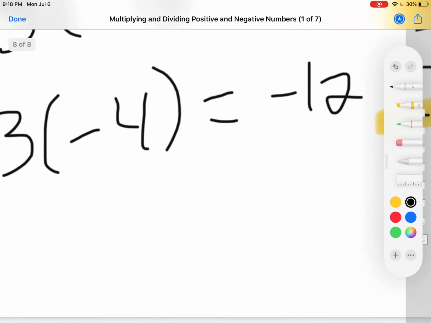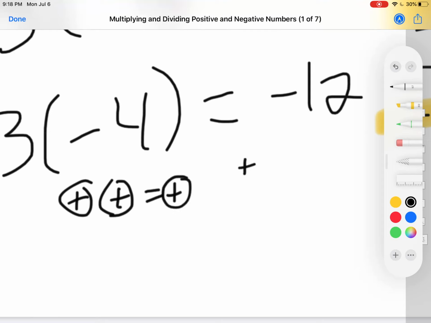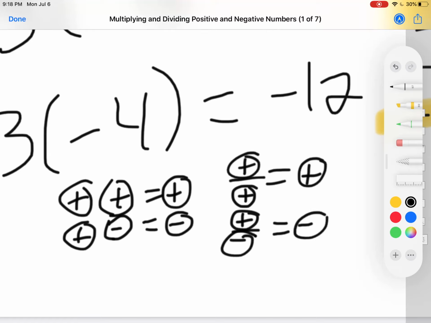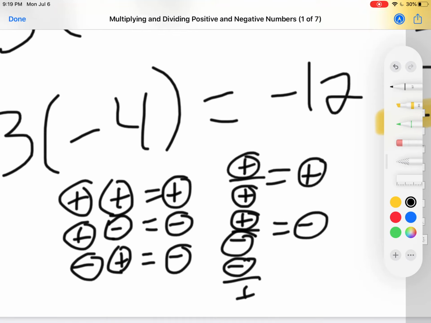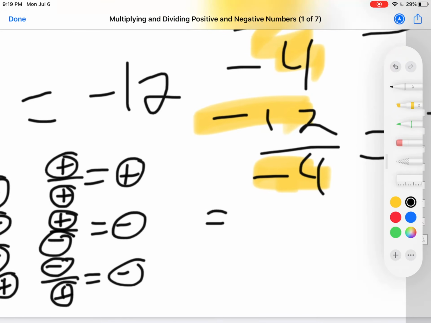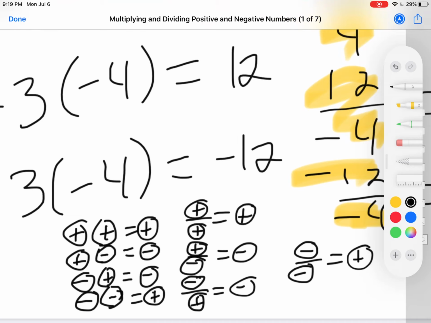I'll just do a little summary here to make sure that everyone gets the idea. Positive times positive equals positive, and similarly, positive divided by positive equals positive. Positive times negative equals negative, and similarly, positive divided by negative equals negative. Negative times positive equals negative. Negative divided by positive equals negative. And lastly, negative times negative equals positive, because the two of them cancel each other out. And negative divided by negative equals positive, because the two of them cancel each other out. And that's the idea. That's as simple as it can be. It really is a very simple lesson. I just wanted to